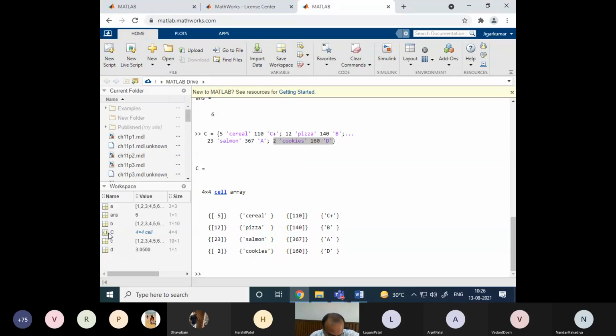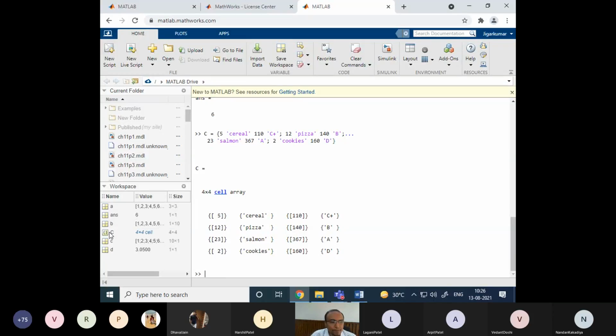Okay. And you can also see in the workspace, whenever we have created a matrix variable, it has this symbol like this square, and then inside there is a plus. While a char array, you can see inside this is a curly bracket. Also, you can see a small c and capital C are different variables, and this is indicated as a 4 cross 4 cell, right? While this is a 3 cross 3 only matrix. It's a simple array, while a cell is an array of arrays. So I hope you understood what is a cell.